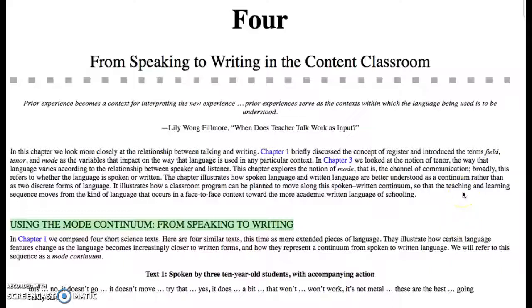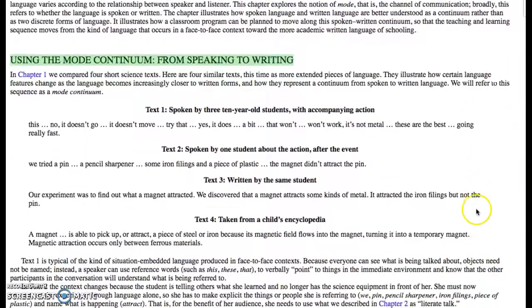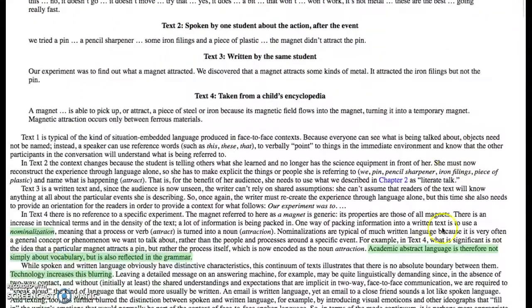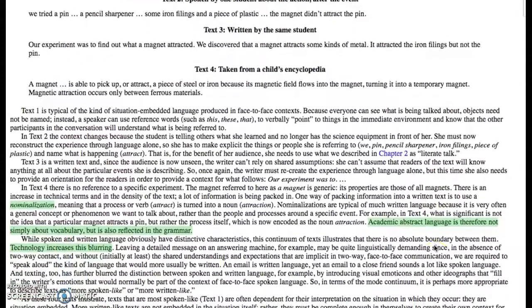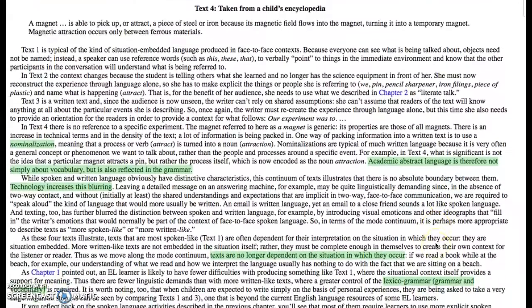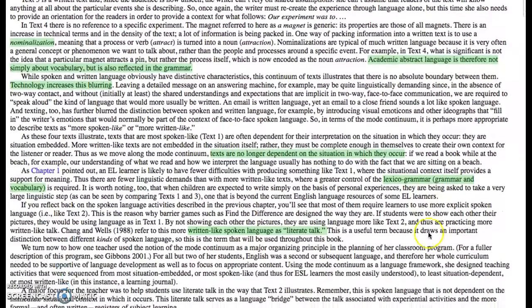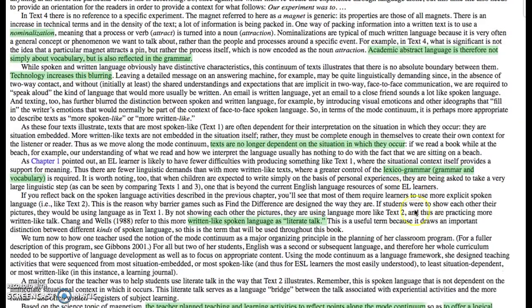So chapter 4 of Gibbons discusses speaking to writing in the content classroom. It begins by introducing the mode continuum of speaking to writing. And within this continuum, academic abstract language is therefore not simply about vocabulary. It is also reflected in the grammar, and there's also kind of blurred lines because of technology such as email